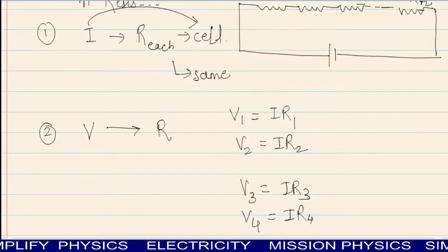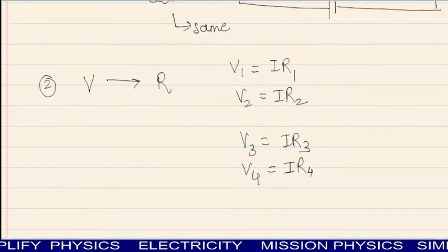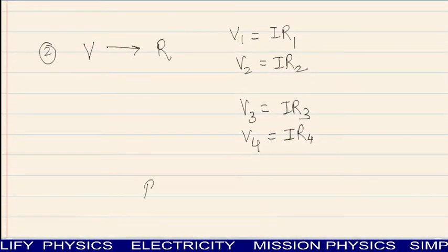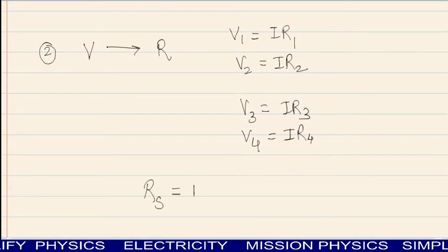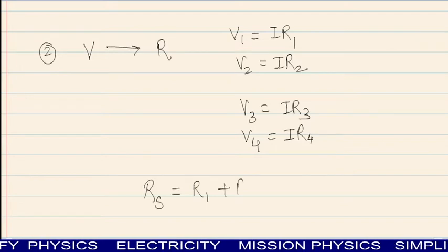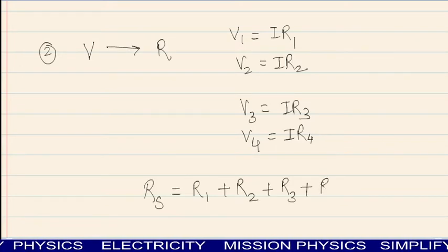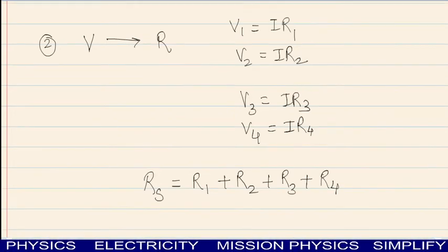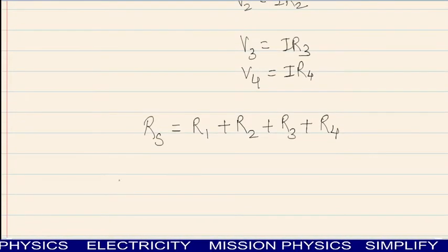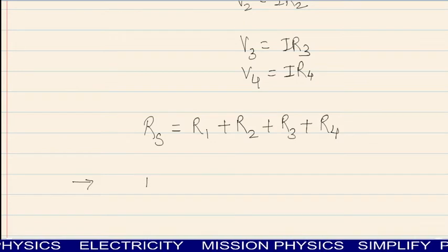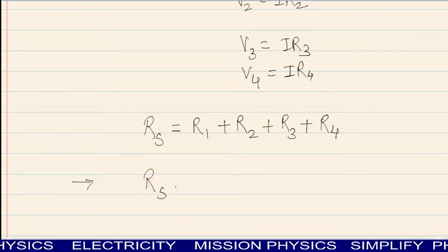So finally हम फिर से जब इसको प्रूव करेंगे, this will give us Rs equal to R1 plus R2 प्लस R3 प्लस R4। ठीक, अब चारों रेजिस्टर्स को ऐड कर देंगे।